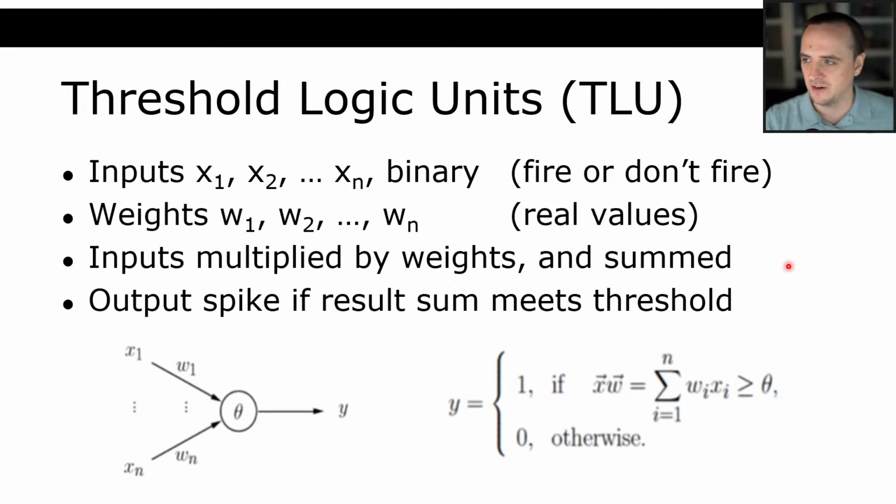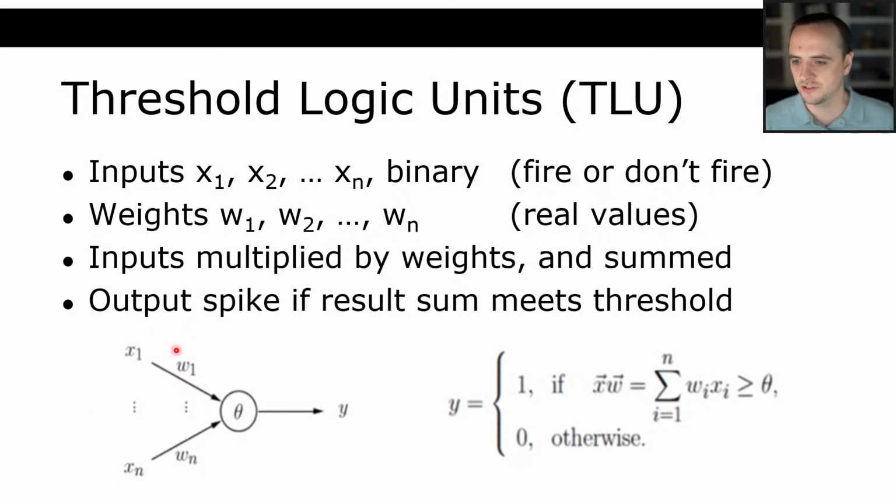So before we get into neural nets or even artificial neurons, we start with the beginning. And in the beginning, there were threshold logic units. So what in the hell is a threshold logic unit? Well, this down here is a threshold logic unit, or TLU. It has several parts to it. The first part is some inputs. And these inputs are going to be x1, x2, x3. So x are the inputs to this system, what you are going to pass into it. And in a TLU, those are binary. So for example, the analogy to the real neuron is, did the thing fire or did it not fire, right?